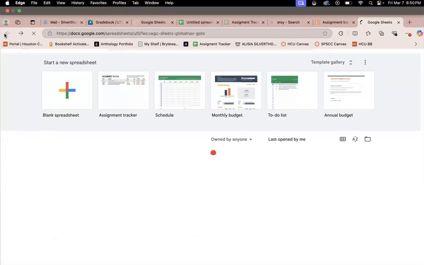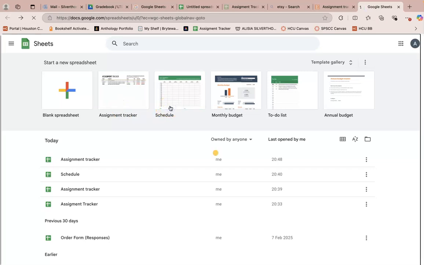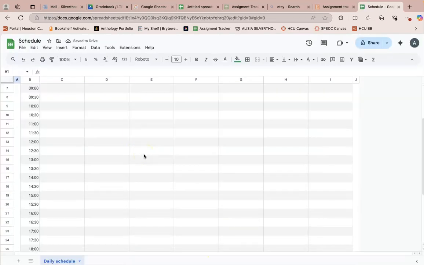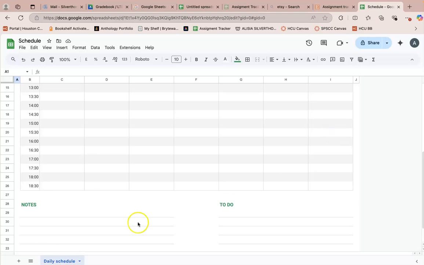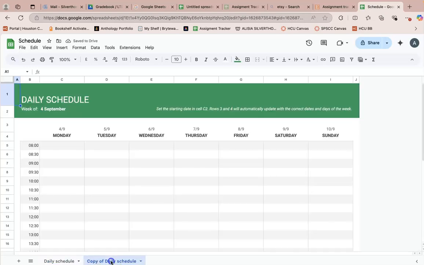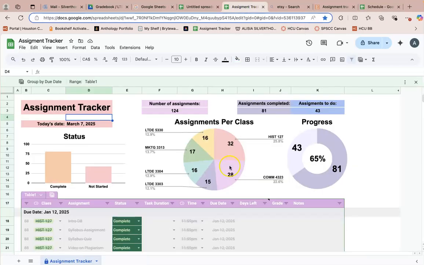Let's go back here. I think another one that you can utilize is the schedule, pre-made schedule sheets. Here you can also put the different schedules and you can duplicate this and change your schedule to which week you're talking about. So you just can continuously create this and create weekly schedules for the semester. I'm going to share with you my personal